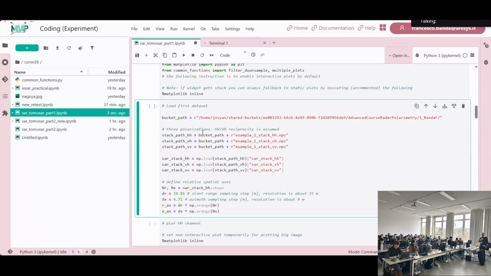So I guess you're okay with the paths. Here you basically specify just the path for the three polarizations. It's a separate file for each. Here it's called a stack, but it's just one image. We will see we have more than one in the tomography practical. And we just define,